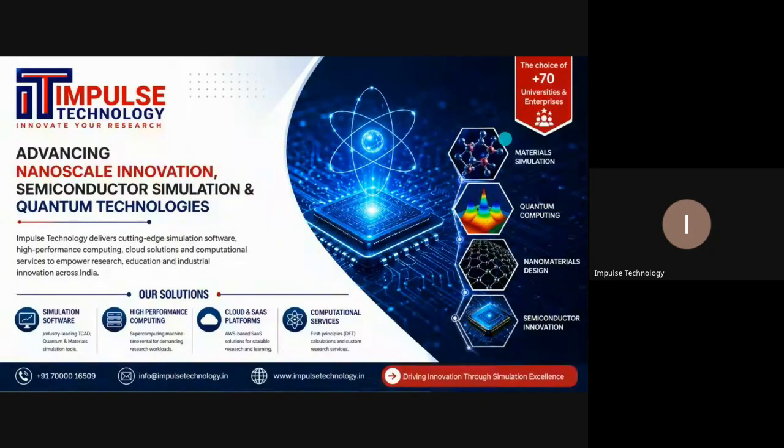Superconducting circuits. In today's class, we will begin with a small recap of the previous session. As we know, Impulse Technology provides simulation software for materials, like first-principles calculation software based on density functional theory and density functional perturbation theory for nanomaterials and nano devices. And we offer simulation software for quantum computing, like QTCAD for spin qubit devices and superconducting